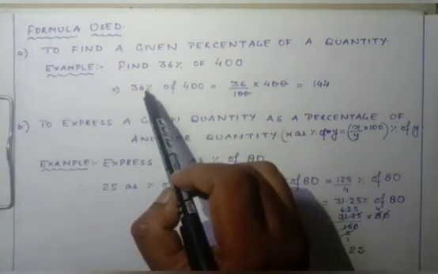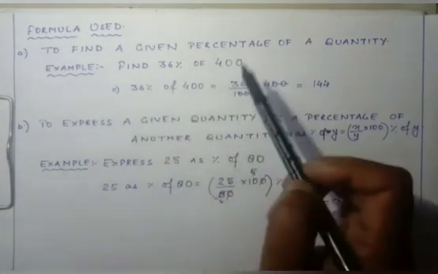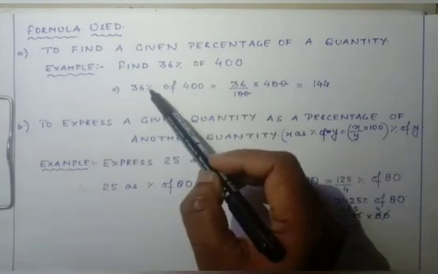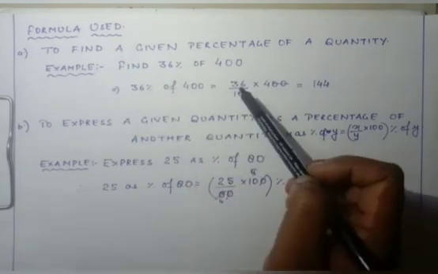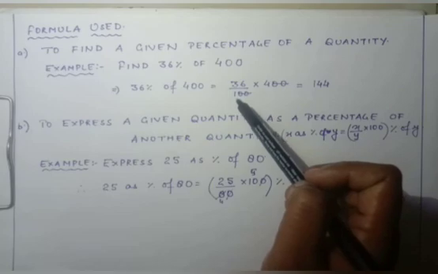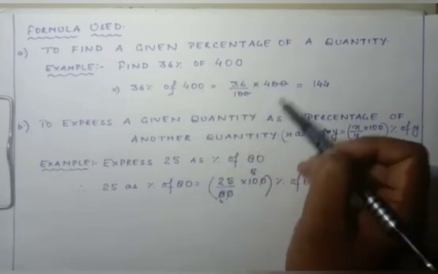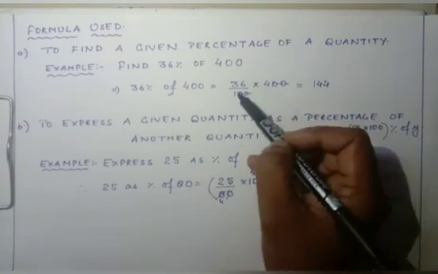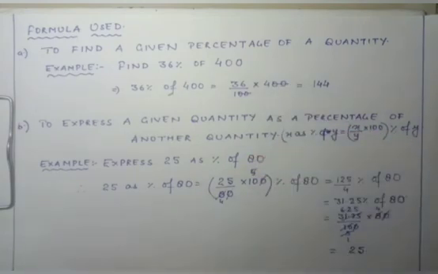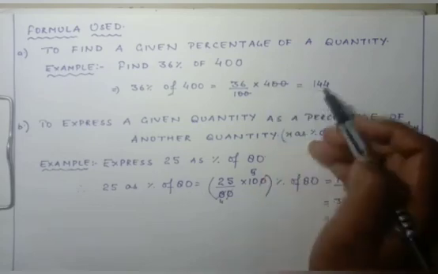I am going to write 36% of 400. Now if I remove this percent sign, it will be 36 upon 100. In place of "of" I am going to use a multiplication sign, into 400. Now 2 zeros cancel. So it will be 36 into 4,